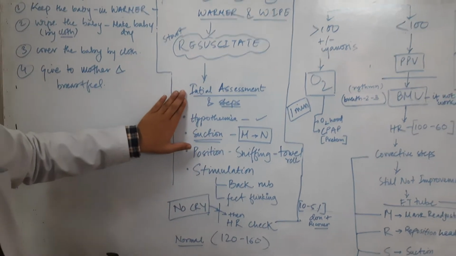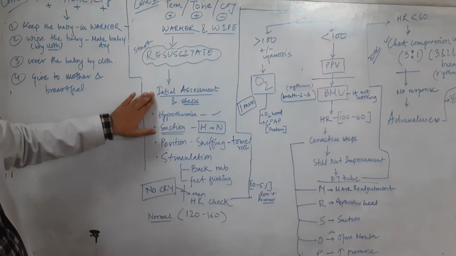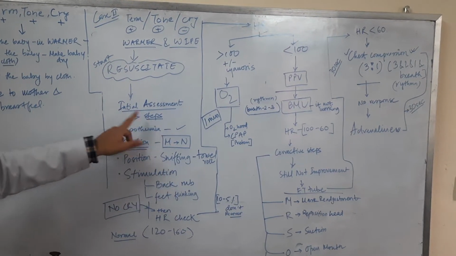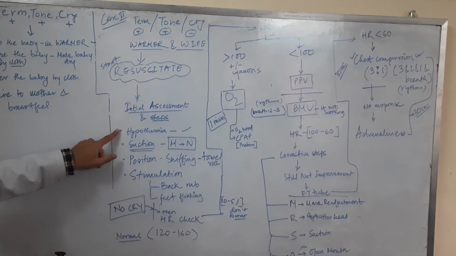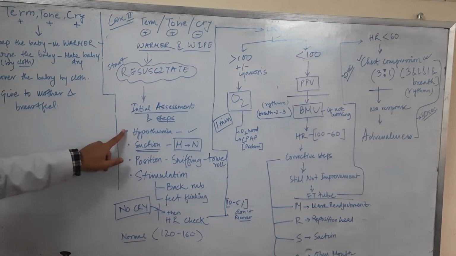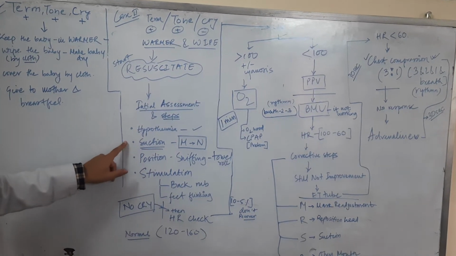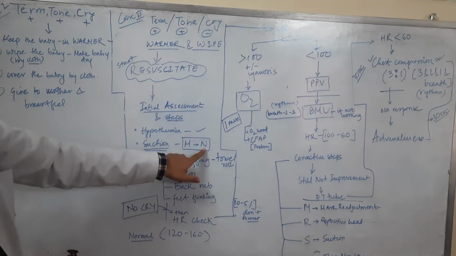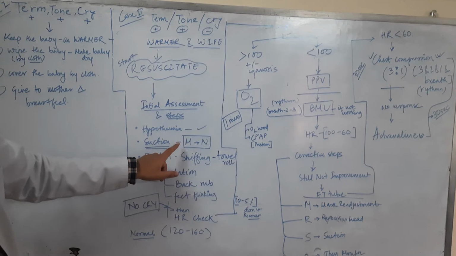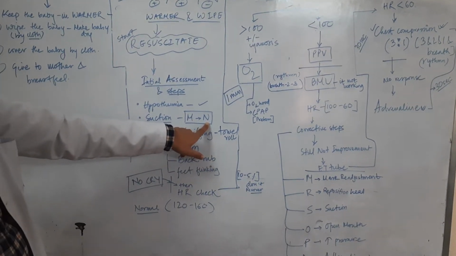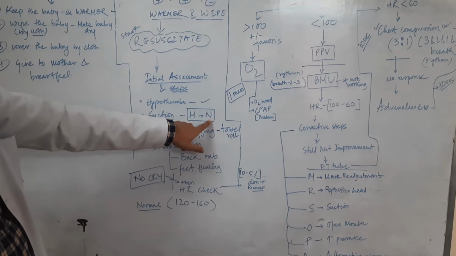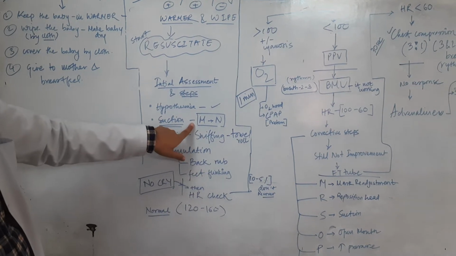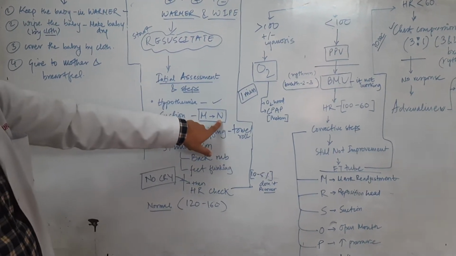First, according to 2015 guidelines, what was initially known as initial steps is now known as initial actions. The initial actions we take: we have already put the baby in the radiant warmer to prevent hypothermia. We start with suctioning. Suctioning should always begin in the mouth and not the nose. First you suction the mouth, then the nose, because if you suction the nose first, there might be secretions collecting in the mouth. Once the baby starts respiring, the baby might aspirate the fluid from the mouth. To prevent that, we suction the fluid from the mouth, then proceed to suctioning the nose.